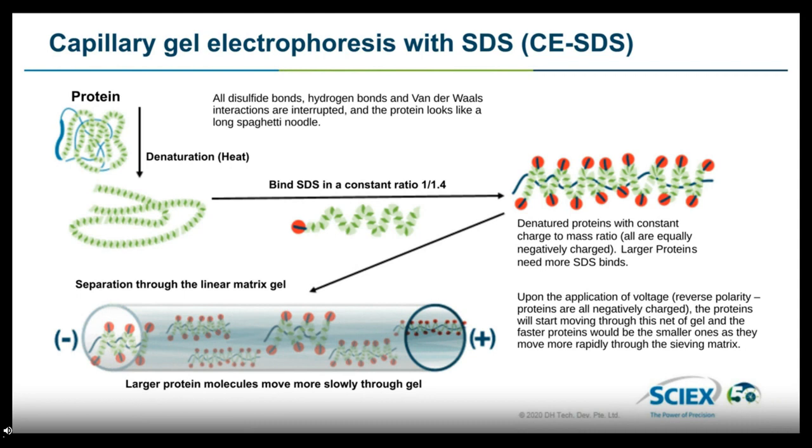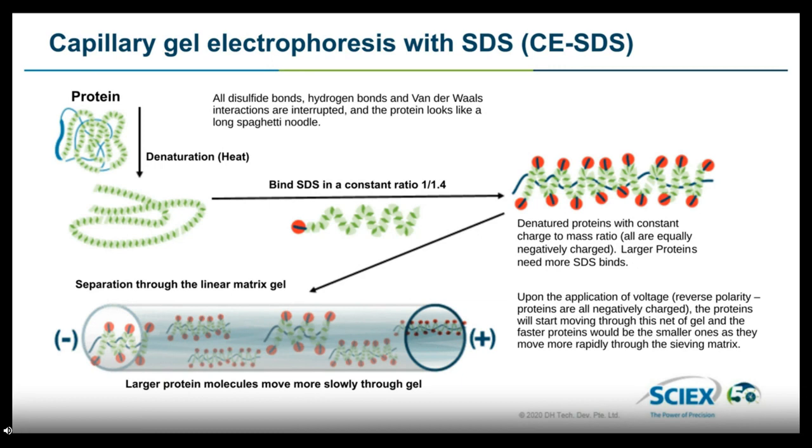And then you add SDS, which is sodium dodecyl sulfate, to the protein, and this coats the protein, adding a negative charge to the surface. This helps also the denaturation. And so basically all the proteins present in the sample are then coated with SDS. And then what you do is you separate these coated proteins down a capillary filled with gel. So it really is an automated version of gel